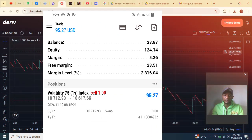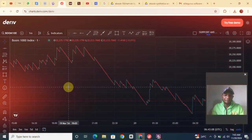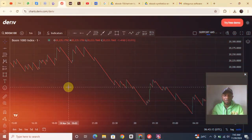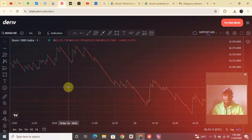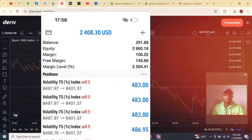I want to be realistic here. So guys, I have made massive money. I have flipped $15 to $100. I have flipped $50 to $1,000, and I currently have flipped $300 to $6,000 trading